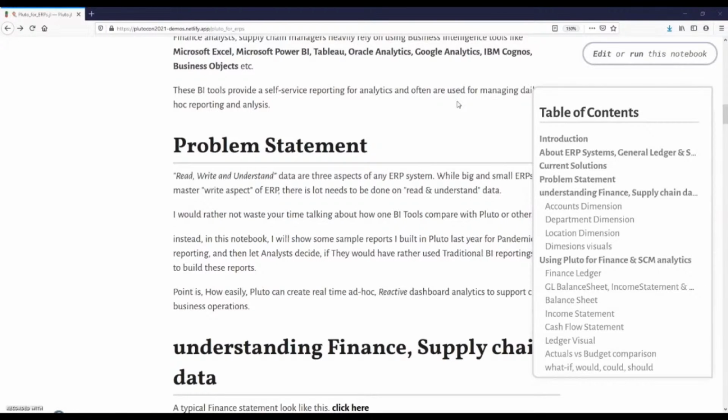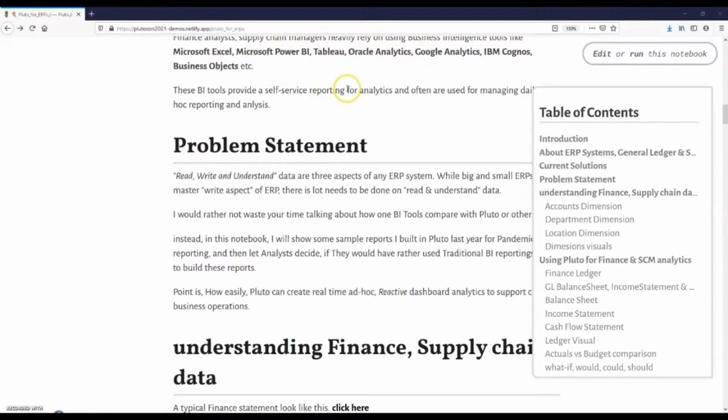Now, these ERP systems, I would say, have mastered the write aspect. However, when it comes to reading and understanding data: why did you write the data in the first place? So that you can read the data and understand it. Understanding means you can create meaningful analytics on your ERP system. Also, these traditional ERP systems have built a lot of good quality reporting tools. For example, Microsoft Power BI, Tableau, Oracle Analytics, Microsoft Excel, there are tons of business intelligence tools